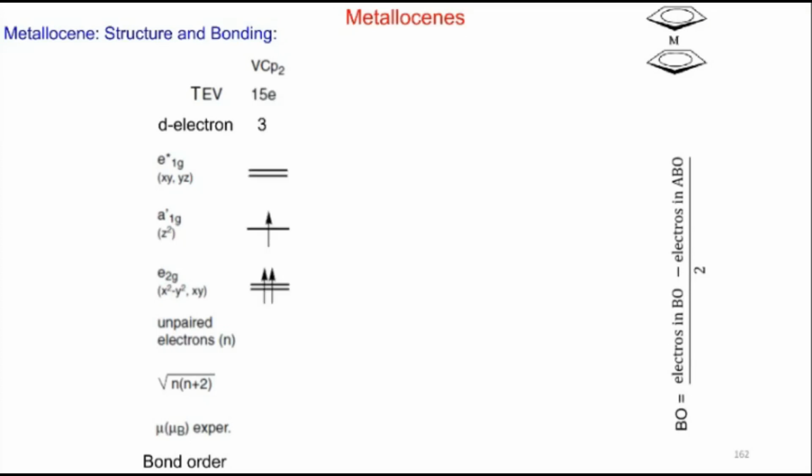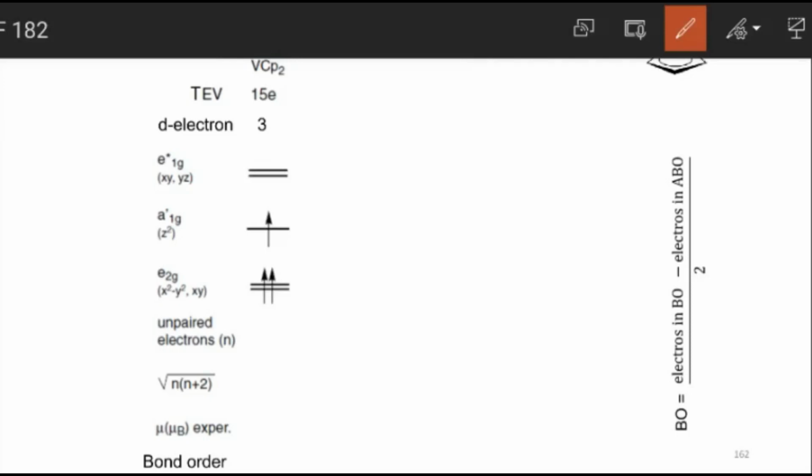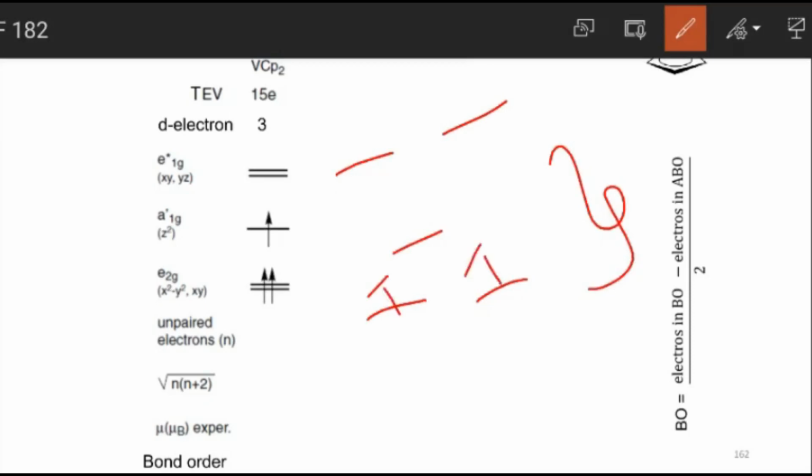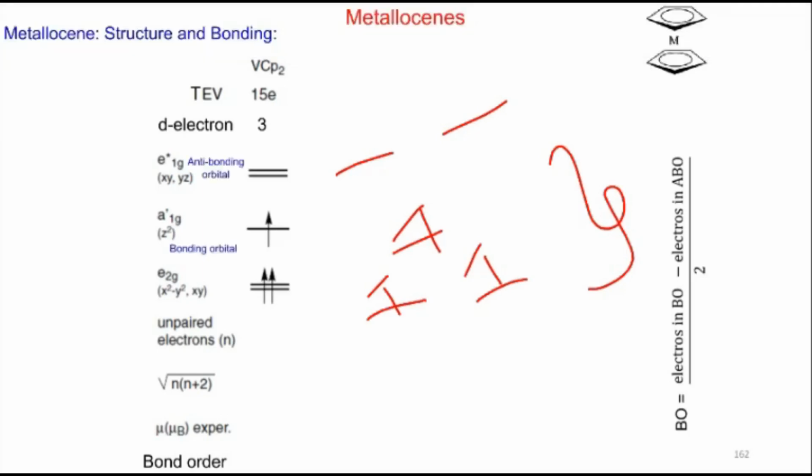அப்ப then you have to put the MO diagram. MO diagram எப்படி போடணும்? கீழே 2 ஆர்பிட்டால், மேல ஒரு ஆர்பிட்டால், அதுக்கப்புறம் ஒரு ஆர்பிட்டால். But this energy level between the EG and A1G are almost same. Therefore, we have to fill the electron like 1, 2, 3. The number of unpaired electron present in the vanadium Cp2 is 3 unpaired electron, and therefore 3, which is actually